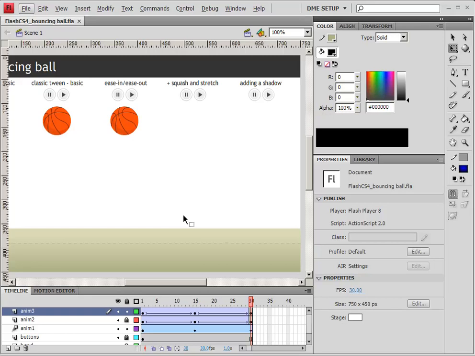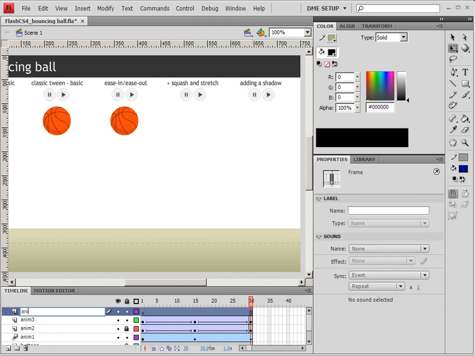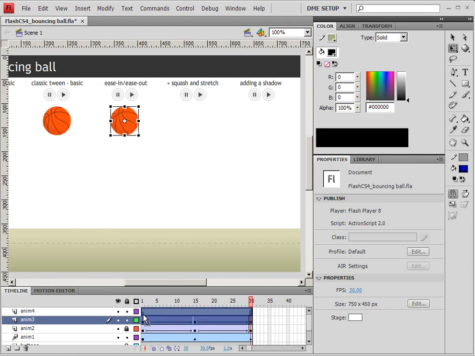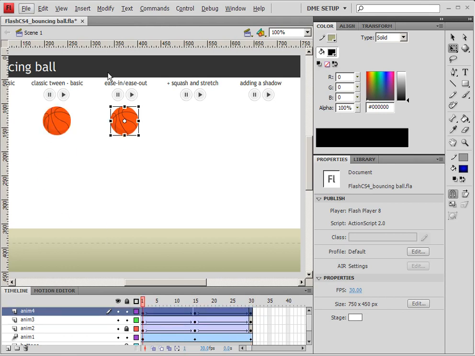Now we can go on with the squash and stretch and adding a shadow. Let's begin it just like we did the others by duplicating the current animation, naming a new layer called Anim4, and we're going to select the frames here and drag them with the Alt key held down so that they're duplicated, lock the original layer, turn on Edit Multiple Frames, make sure that our selection for those multiple frames is